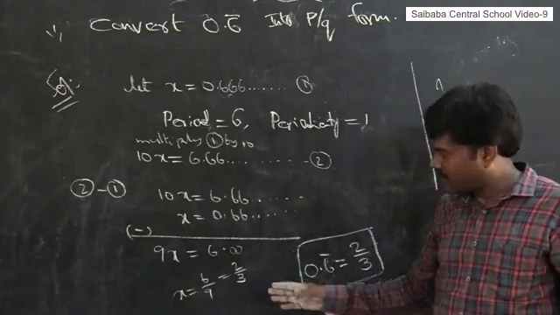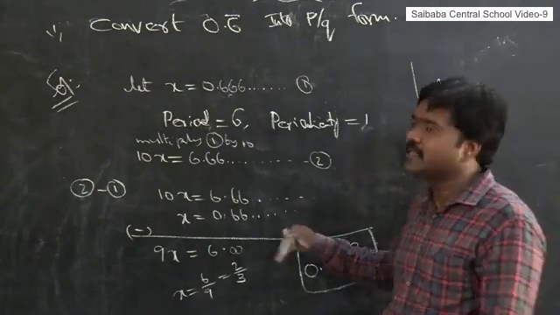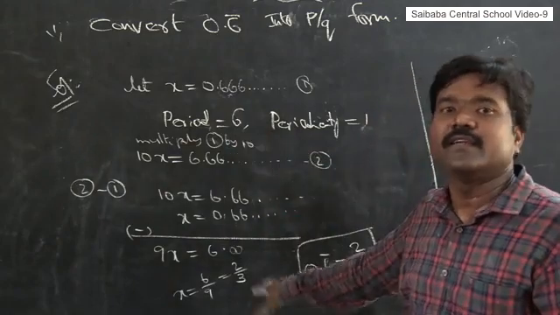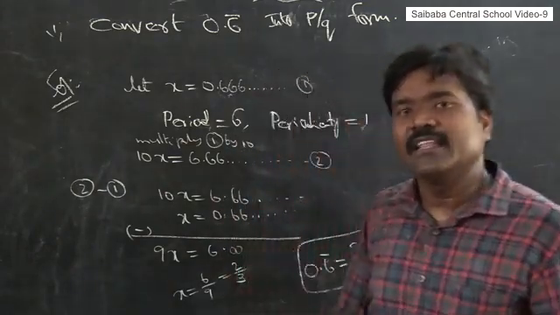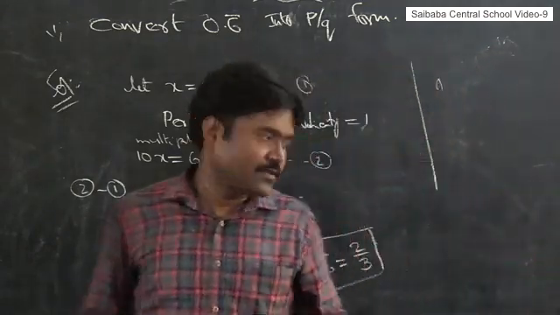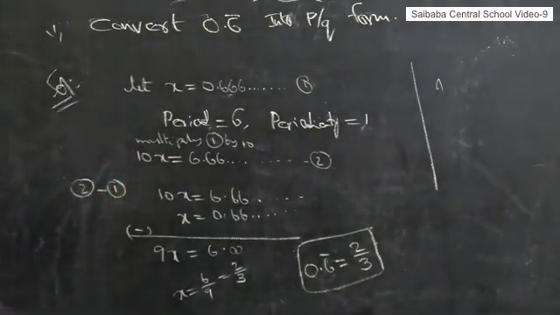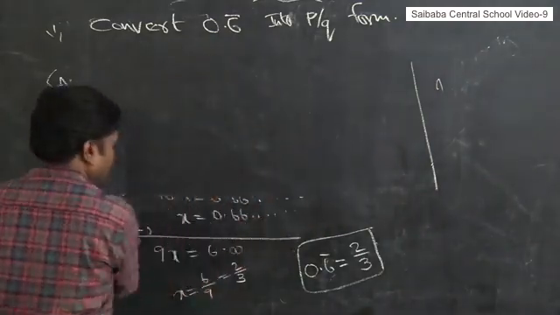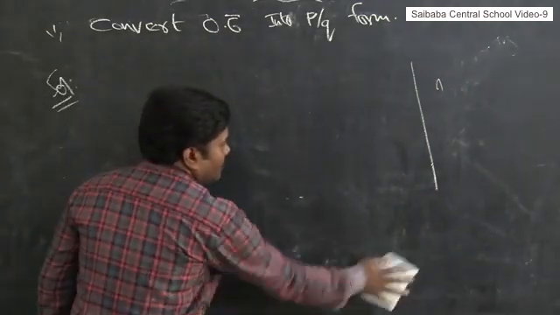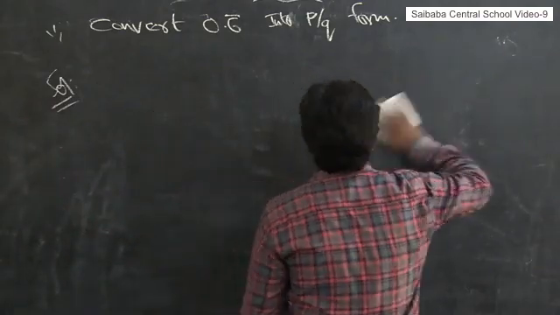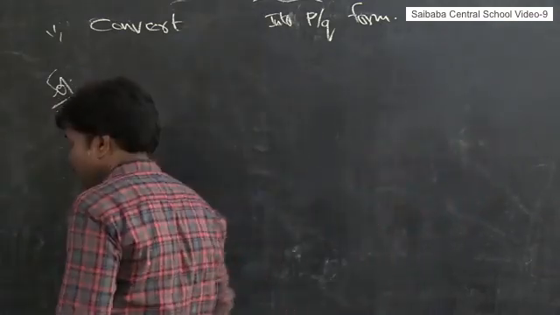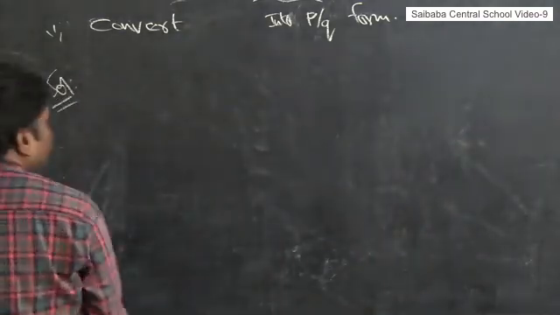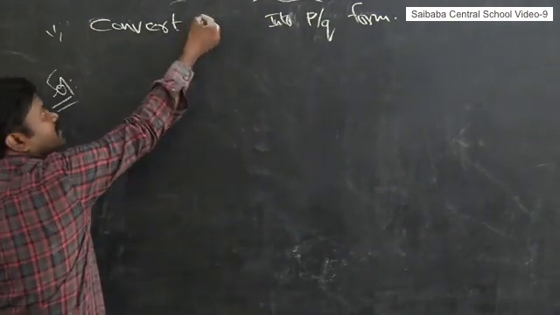In case this does not apply to this problem, it may apply to some other problem. Let us see one more problem in this method, in this model. Then we can easily identify the answer. Now let us continue. I give one more question, same procedure. Please copy these answers now. 0.6. I am giving one more question, same procedure.